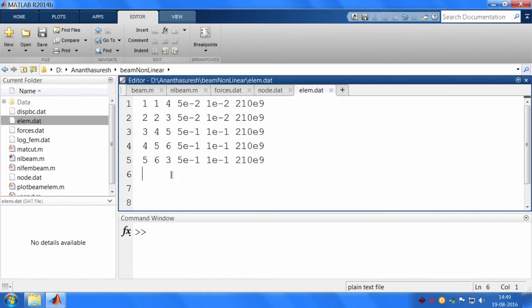element. So the 6th element will make it like a flexible beam element, that is going to be from node number 5 to 7 that we just created. So 5 to 7, and that is going to be flexible. So that is 5 E minus 2, 5 centimeter, and then 1 centimeter, and Young's modulus is 210 E9, and then 7th one also flexible, that is going to be from